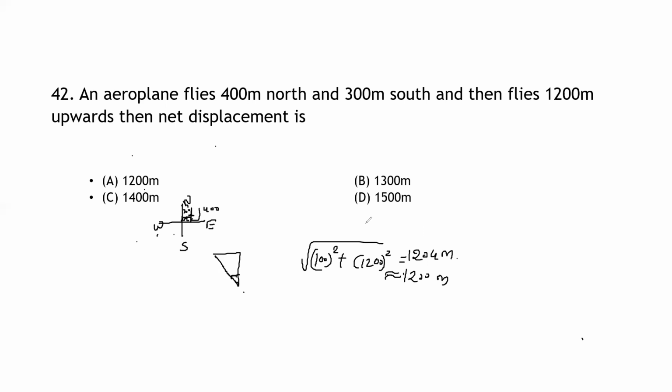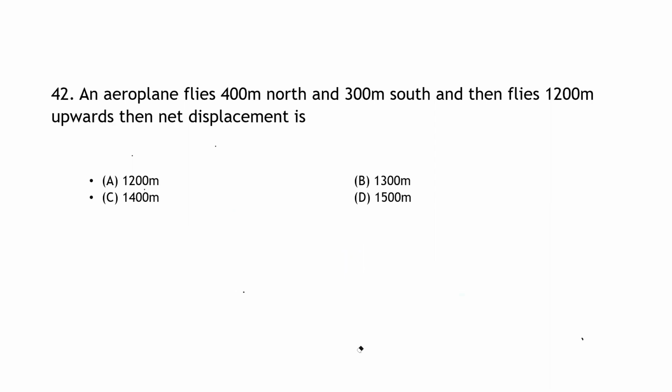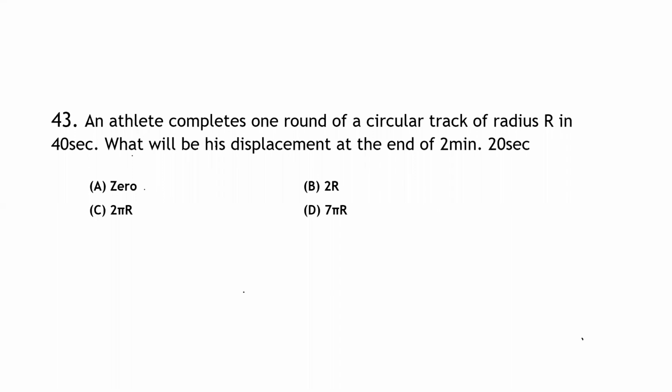Okay. Then next question. An athlete completes one round of a circular track of radius r in 40 seconds. What will be his displacement at the end of 2 minutes 20 seconds? That is, it can be written as, see here,